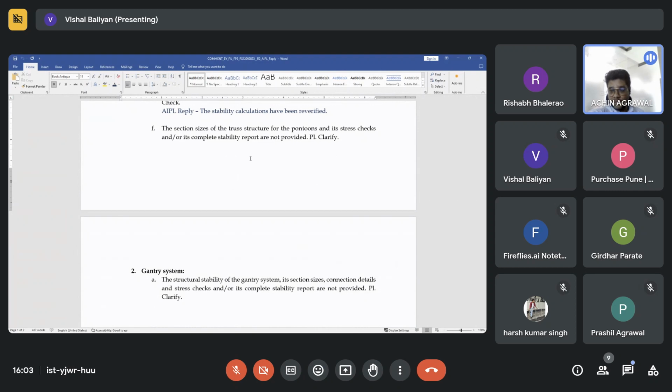Sir, as per our internal analysis, it's stable. Achin ji, we cannot take your internal analysis into the picture while we are doing an audit like this. I gave this option to you in the last meeting as well, and